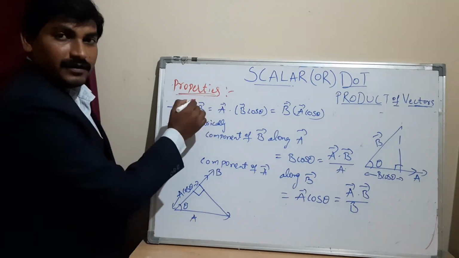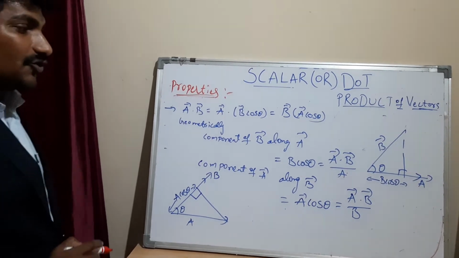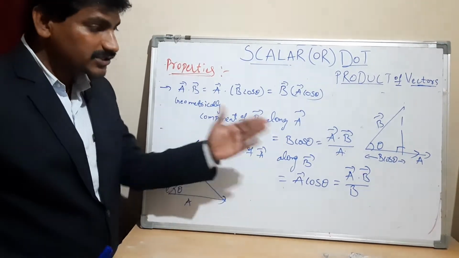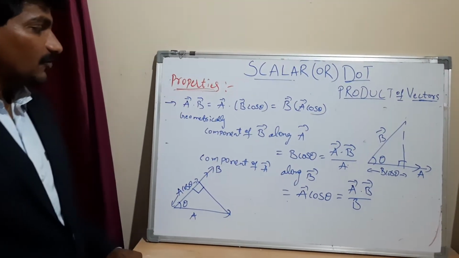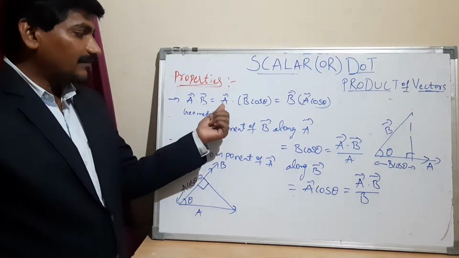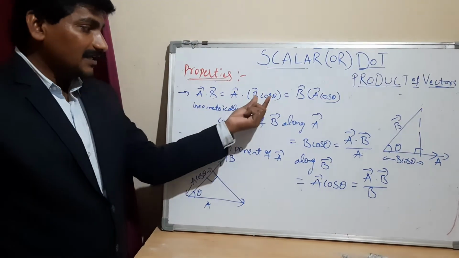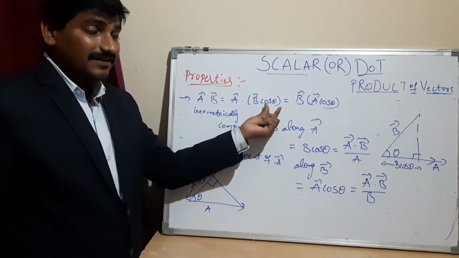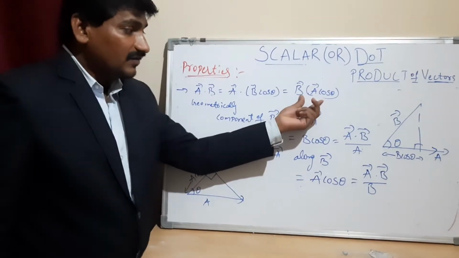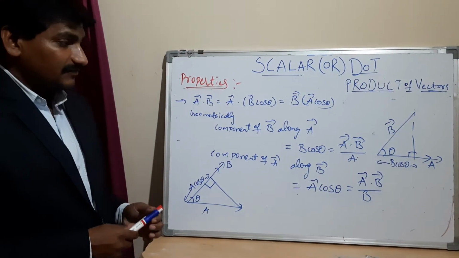In properties, the most important thing is how to project the vector, in which direction the product is being projected. That is the most important at certain times. Let me tell you, we know the product of two vectors is A B cos theta, which can be written as A dot B cos theta, or B dot A cos theta. That means in terms of the B component, the direction of the vector is having the product, and in terms of A cos theta, the direction of the vector is projecting. We will represent that with respect to this diagram.